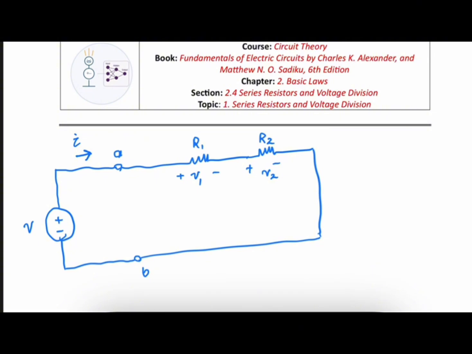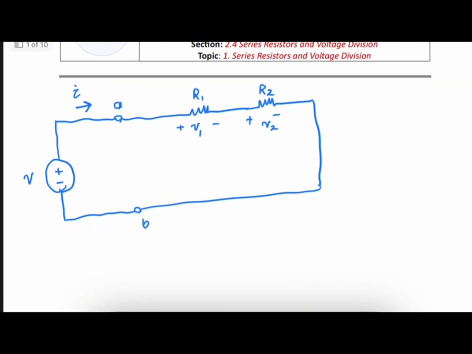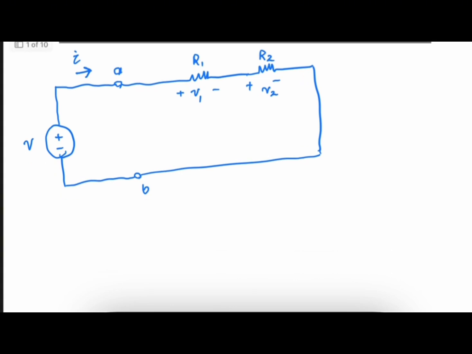Let's get started. Consider the following circuit with two resistors R1 and R2 connected in series to the voltage source V. According to Ohm's law, the voltage across each resistor can be defined as